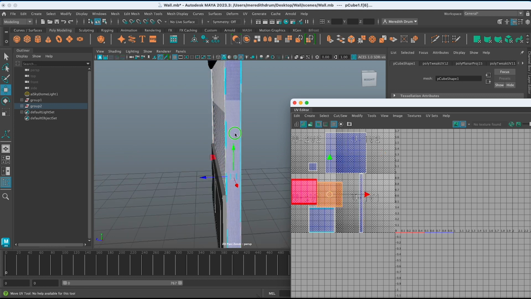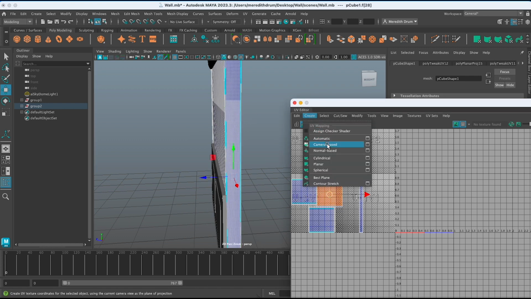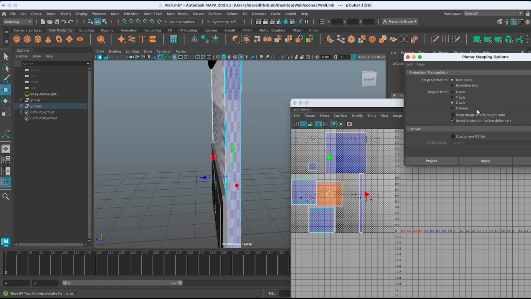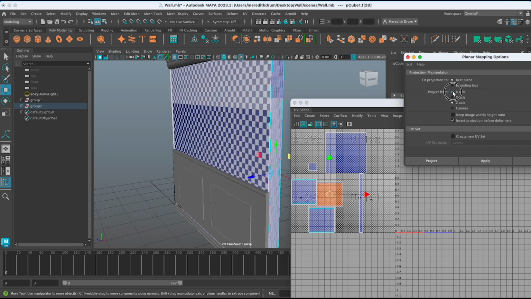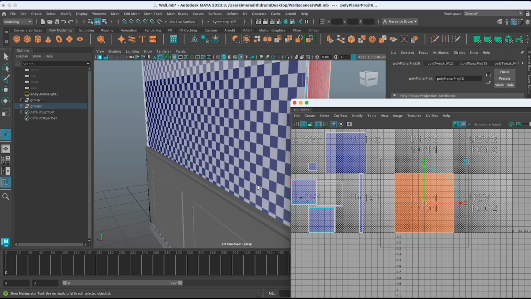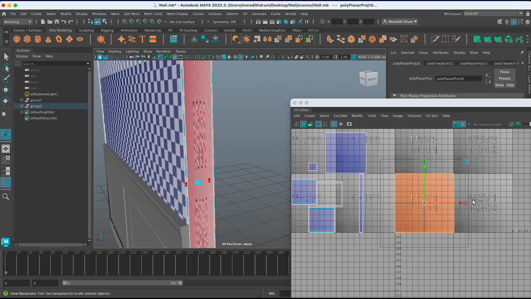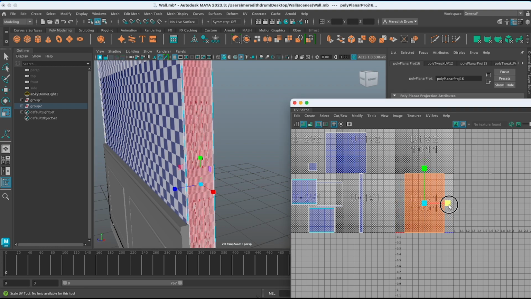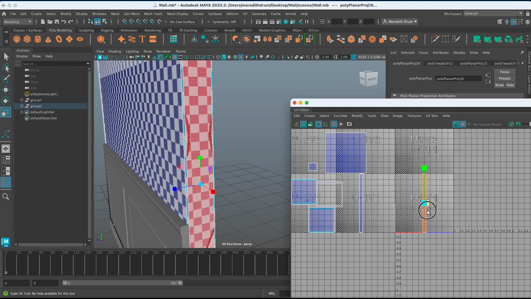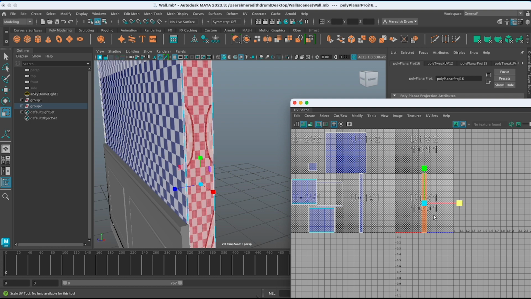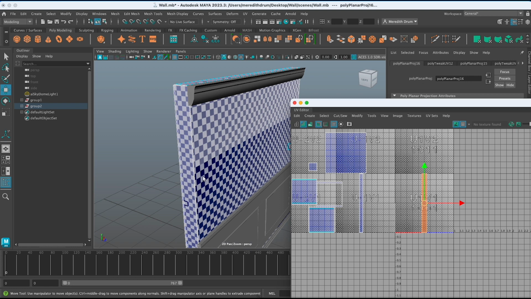So let's take a look at that face. Let's look at the face there, and let's do a planar, and let's just see if we would get this to work. If it was from Z, will that work? Yes, it's fine, but it's also distorted. You can see it needs to be much longer than it is, so that's fine. Is this side okay? Let's take a look at this side.